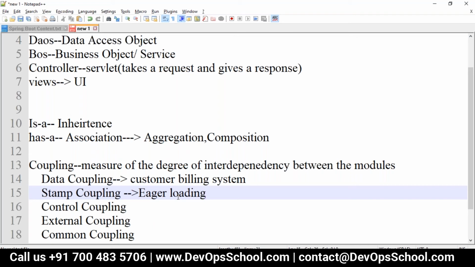You're not asking for it, but the system is eager, so the entire dependent data is loaded, because your flight ticket is for this journey, on this date, for only this flight. So it is eager loaded, and that is stamp coupling. One data is entirely dependent on the other data.